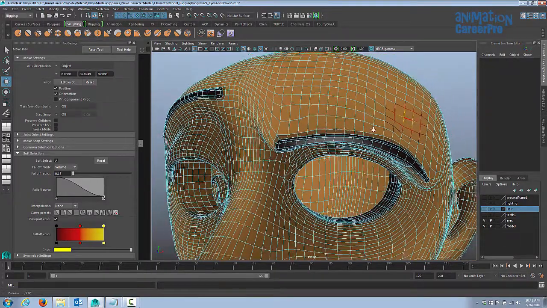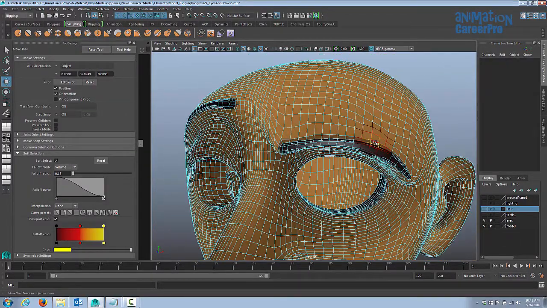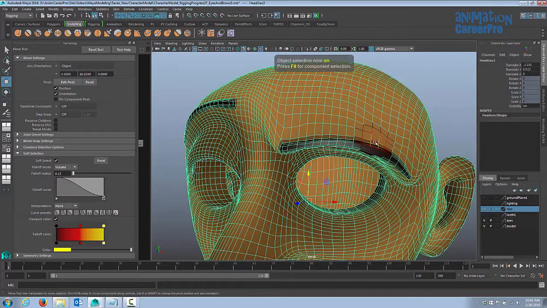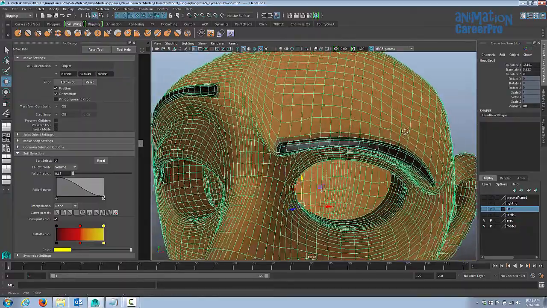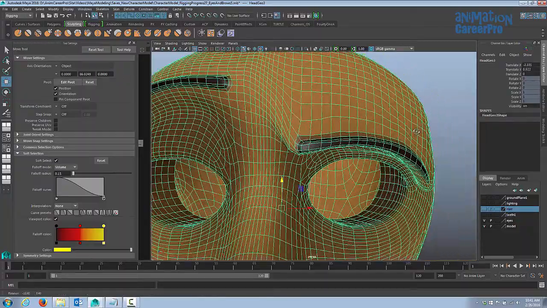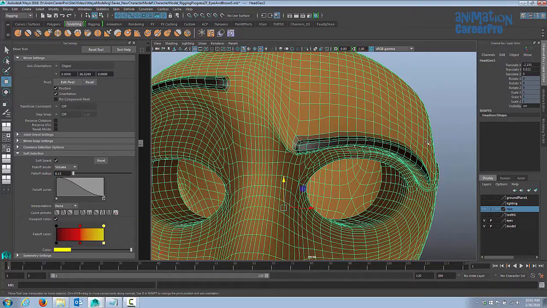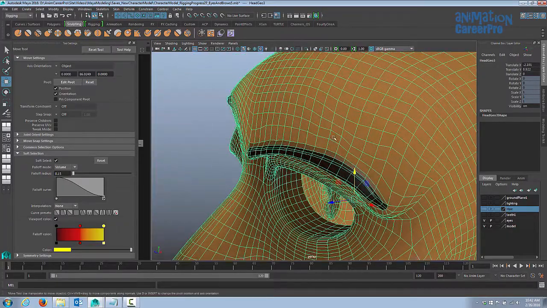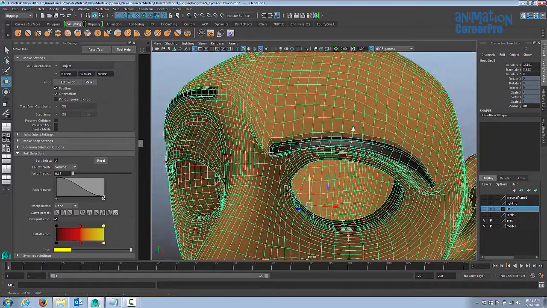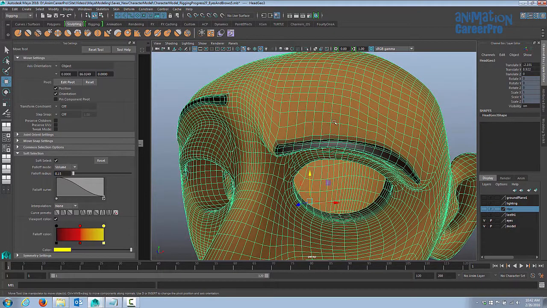Alright, so we'll stop it there, and I'm going to use a different technique now. I'm going to get out of component mode. We'll hit F8 on the keyboard. You can see that I've gotten it to a certain point, and if you get to a point like this and your mesh is a little bit tangled up, so you can see that the mesh is sort of imperfect, we can use the sculpt tool to fix that.